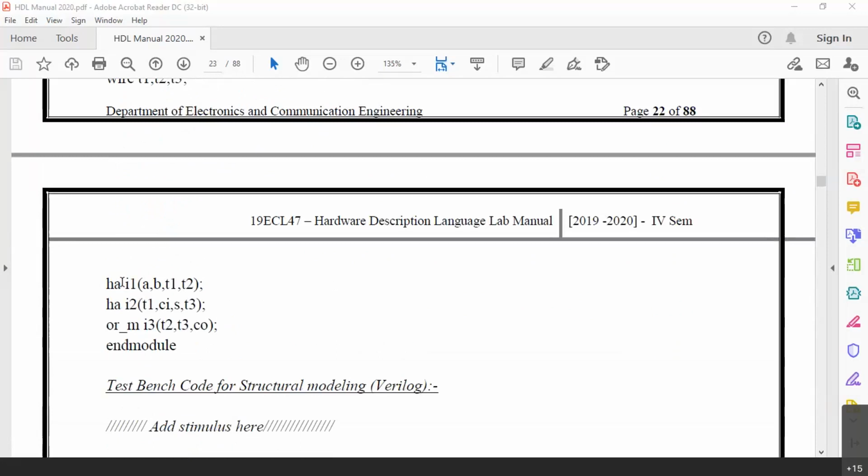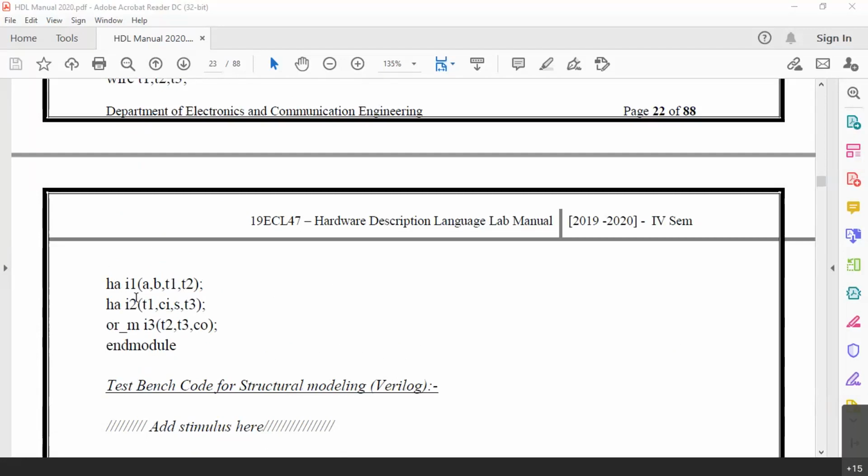An instance means one copy of the half adder, with the port map A, B, T1, T2. Even the port map is not named, simply inside the parentheses if we list it in that sequence, that is enough. So you can see Verilog is a simpler language typing-wise. There is no need to type a lot of text here. Similarly, half adder I2 with T1, CI, S, T3.